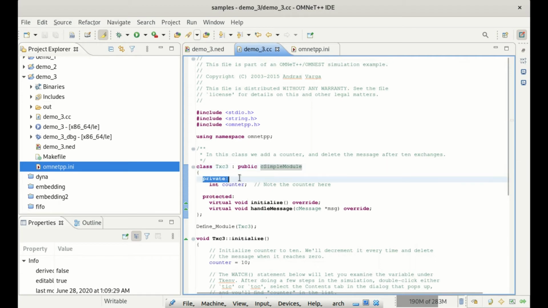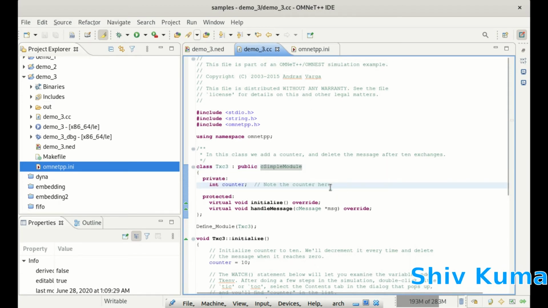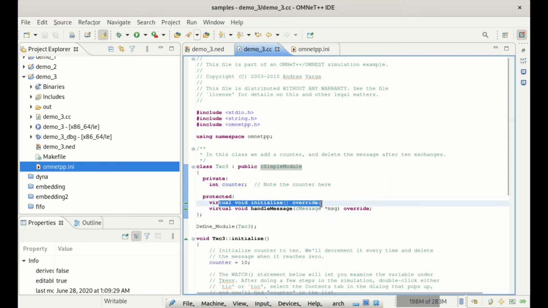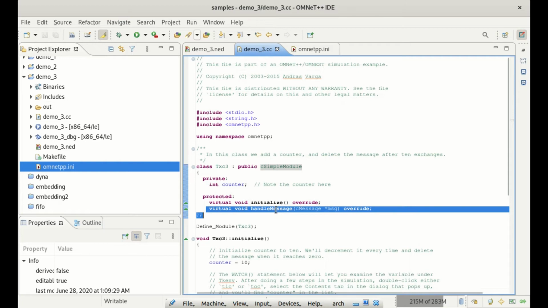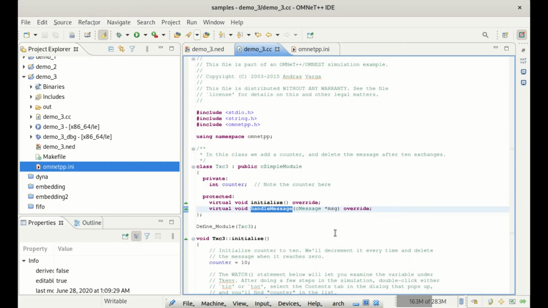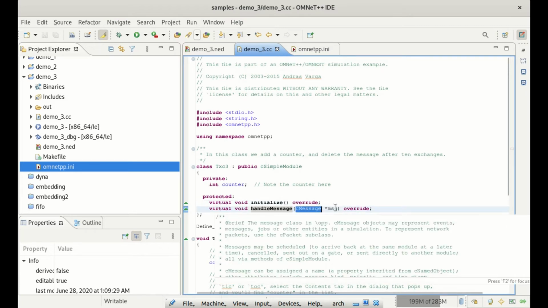We are taking a private variable counter, and the protected methods virtual void initialize and virtual void handleMessage. The initialize method is used to start the simulation, and handleMessage is used to do some business logic whenever it gets some message, and we are passing a message to this handleMessage method as a parameter.